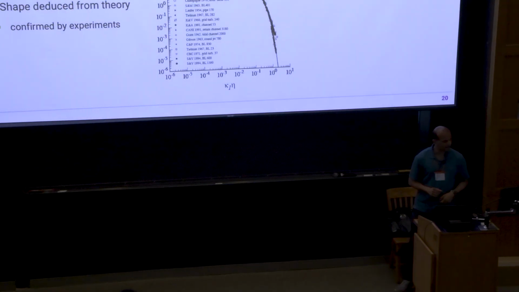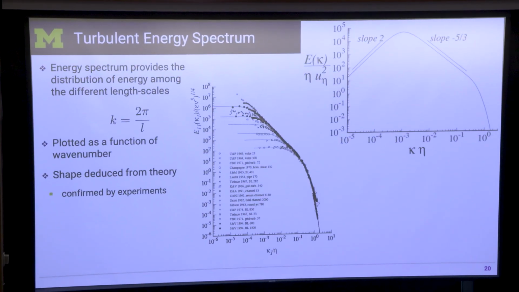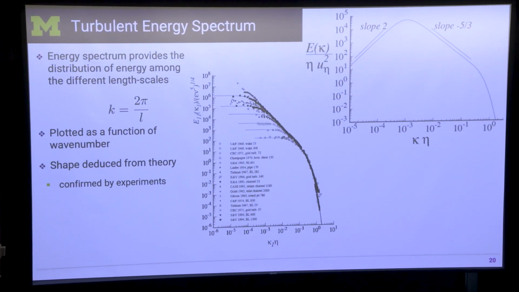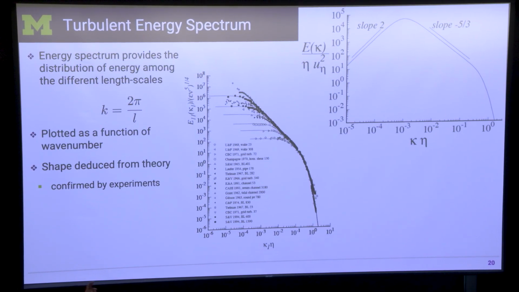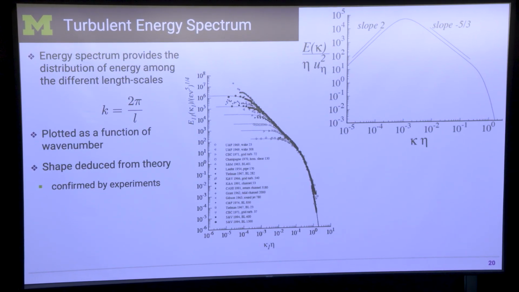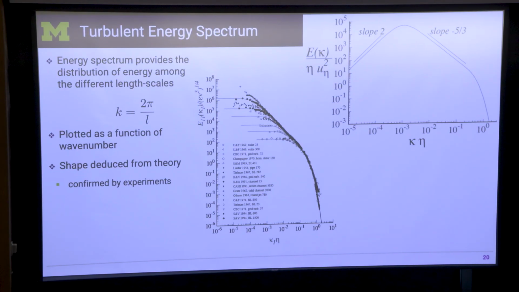So if you put all of this together, you get this very characteristic plot, which if you do turbulent combustion, you have to know this. It's the energy spectrum in homogeneous isotropic turbulence. And what you see is this log plot for the x and y axis. Now, don't worry about the actual terminologies, because you see that it's not just energy, it's energy divided by some number and so on. They're all normalized so that different experiments can be compared together. And what you see is a list of experiments from the 1960s all the way to 1994, and they all collapse onto this curve. They give the exact same spectrum.